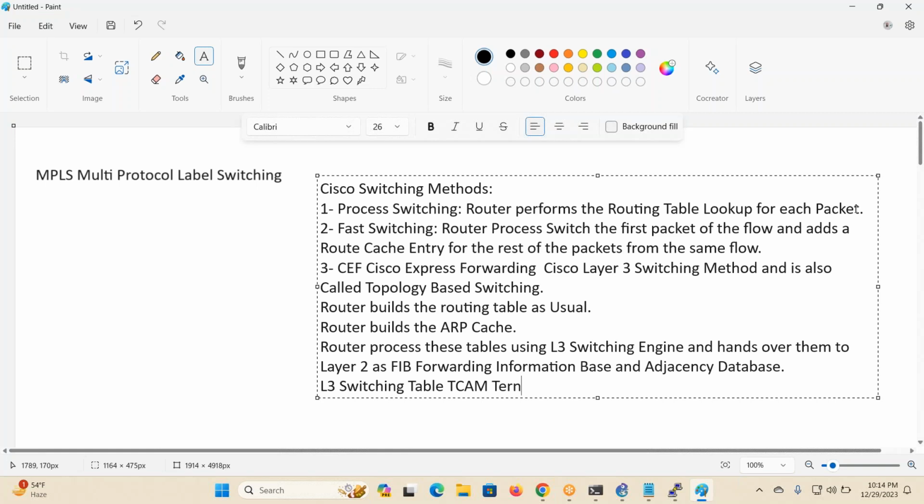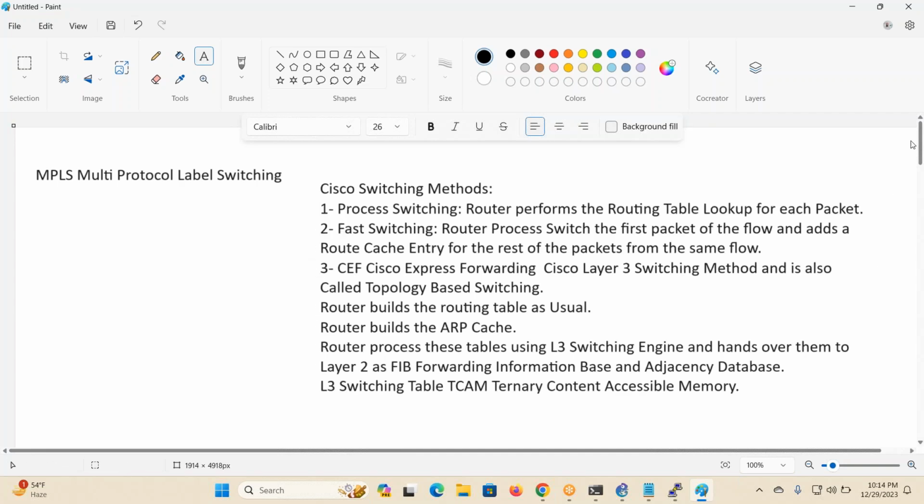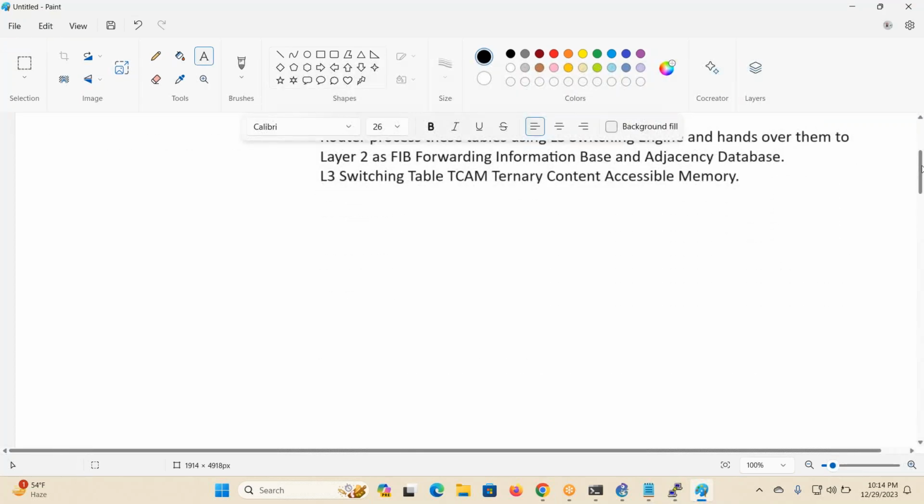TCAM is ternary content accessible memory. Basically, let me explain this whole process using an example of how your router performs